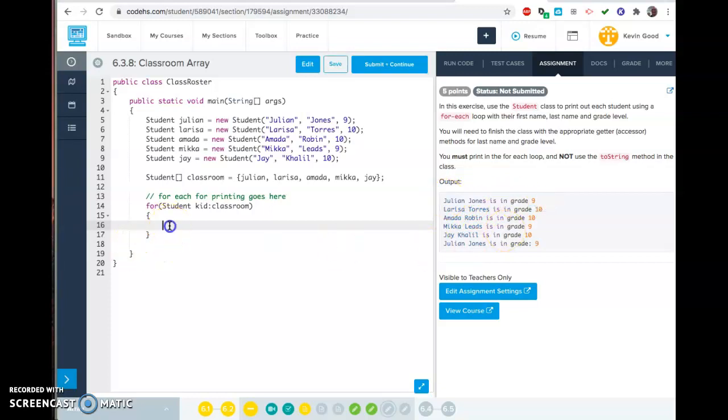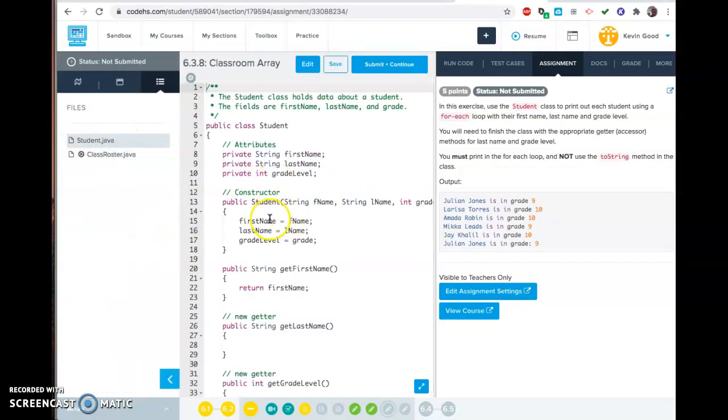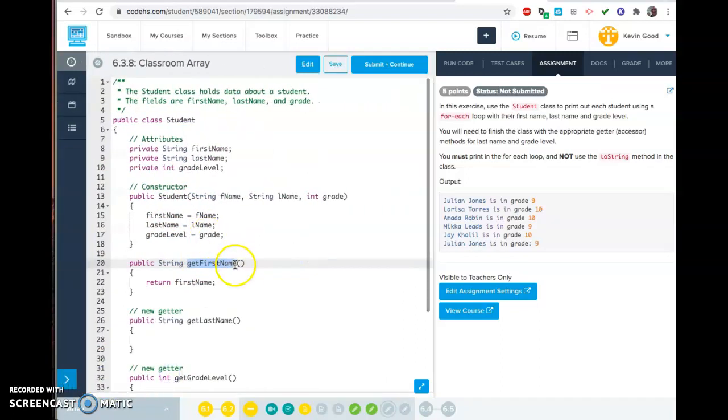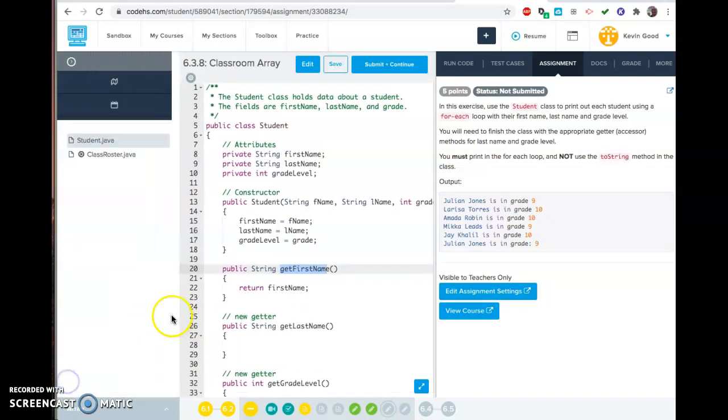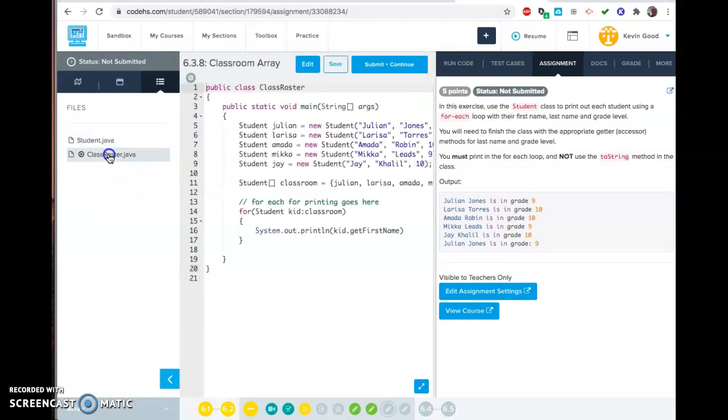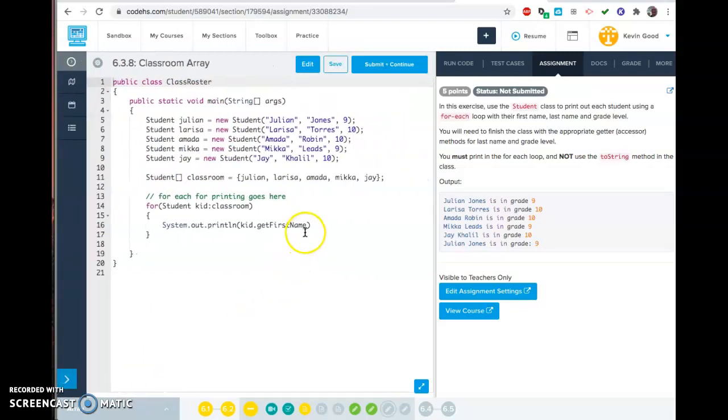So I'm going to system out print line, and we're going to go. The first thing we want to do is grab the first name. So we're going to say kid dot get first name. Let me make sure that's the actual get first name, and oops, I shrunk it down. Okay, and I don't have to enter anything in. It's just going to return the first name. So we have kid dot get first name